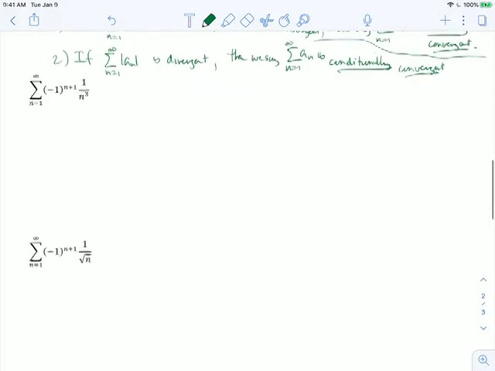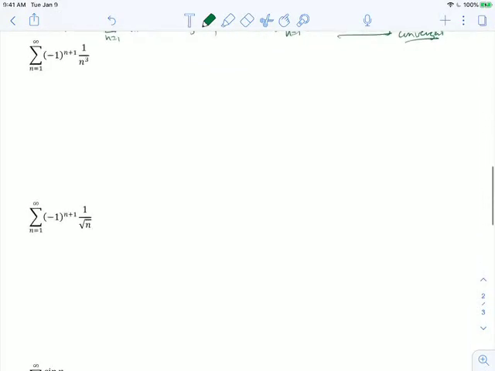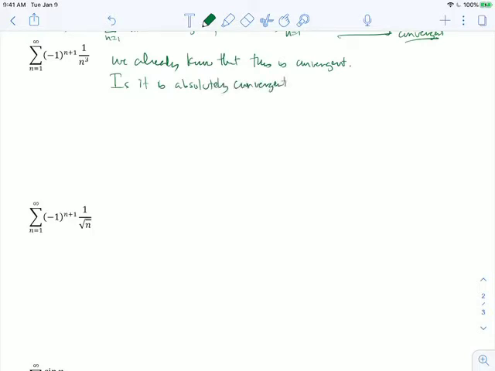So our first two examples here are series that we looked at in the previous video when we were just determining whether or not they were convergent. And these were both convergent by the alternating series test. So we already know that this series is convergent. And so the question we want to ask is, is it absolutely convergent? Well, to answer that question,